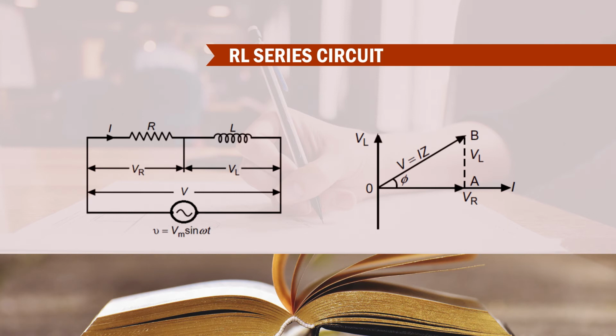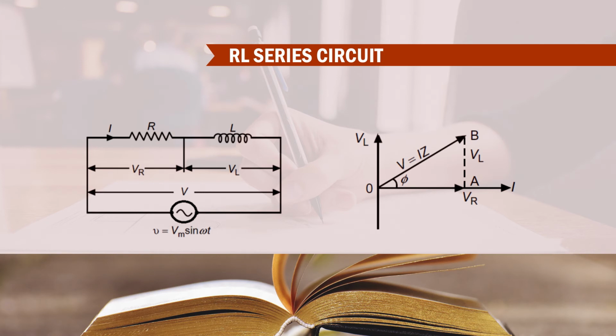So here you can see in the phasor diagram, because the same current is flowing in the resistance and inductance, you can take I as the reference quantity. So you draw the phasor of the current on the horizontal axis, shown in the figure as I, and the voltage across resistance, denoted by VR, will be in the same phase with the current I, because in a pure resistive circuit voltage and current are in the same phase. But the voltage across the pure inductor is VL.